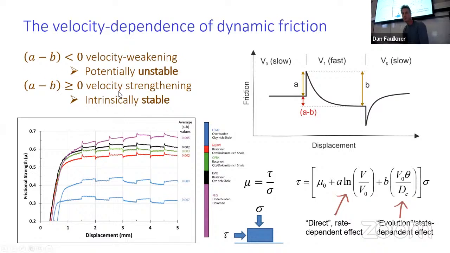On the other hand, if we've got velocity strengthening material, as we start to slide our fault a little bit faster, B would be less than A, so that the new steady state sliding strength is actually slightly greater than it was before. Okay, and if that's the case, then we can never nucleate instabilities. We're going to stabilize the fault slip, and what would result is fault creep, like we see on the central part of the San Andreas Fault, where the fault just moves at the plate rate at about 35 millimeters every single year.